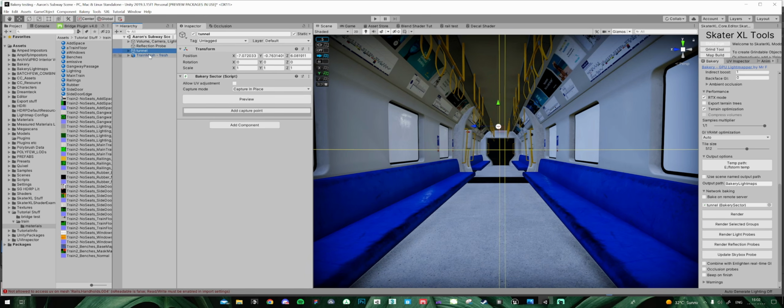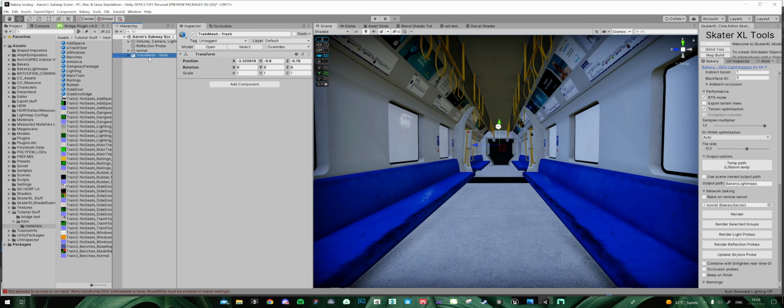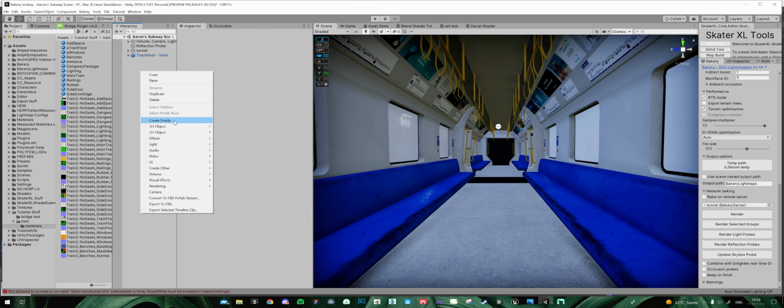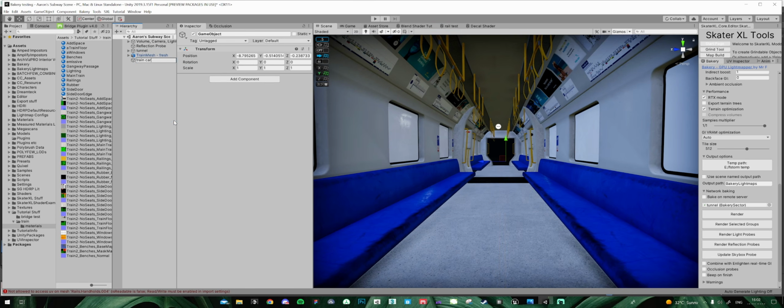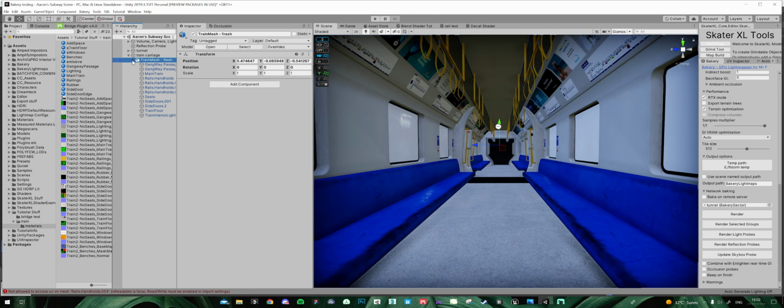So we've got our tunnel sector, and now we're going to have another sector inside, which is just for this train carriage. So we call it train carriage. Going to put on another Bakery Sector component. Going to drag this as a child,